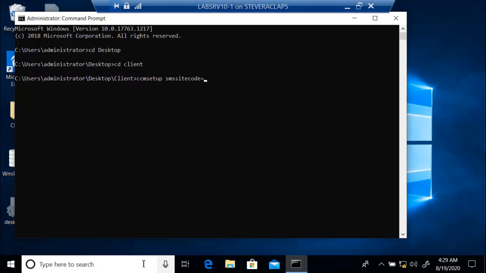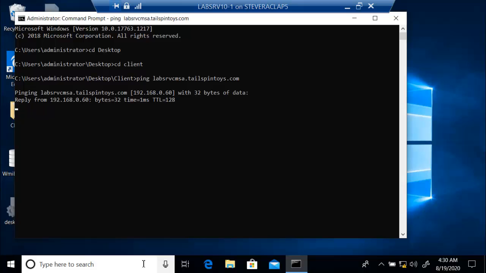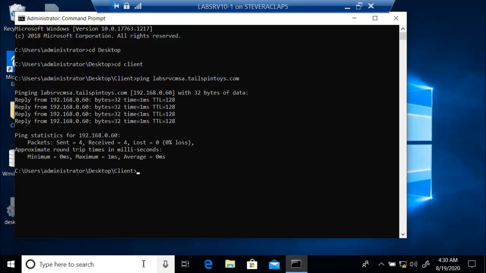Oh, before I do that, let me just confirm that I can get to my site. So in fact, that is my site server. It's also my management point. So off we go. CCMsetup, SMSSITECODE equal SAP, SMSMP equal srvcm